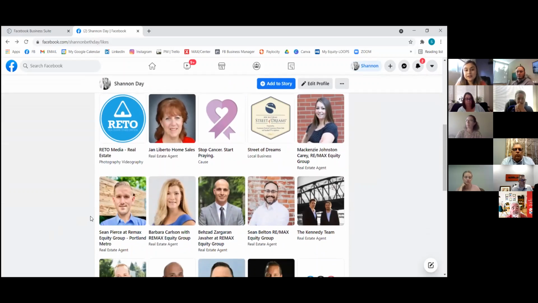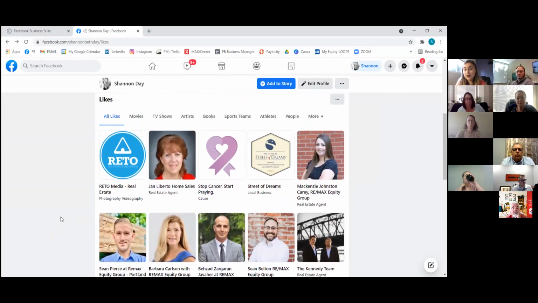I've liked all of these as myself. This is also a great way to go into that 3-dot ellipses and just like it as your business page from there, instead of having to type in and search everything and go in by hand one by one. And you don't even have to click into the actual page tile to invite your friends or to like it as your business page. Is that helpful?